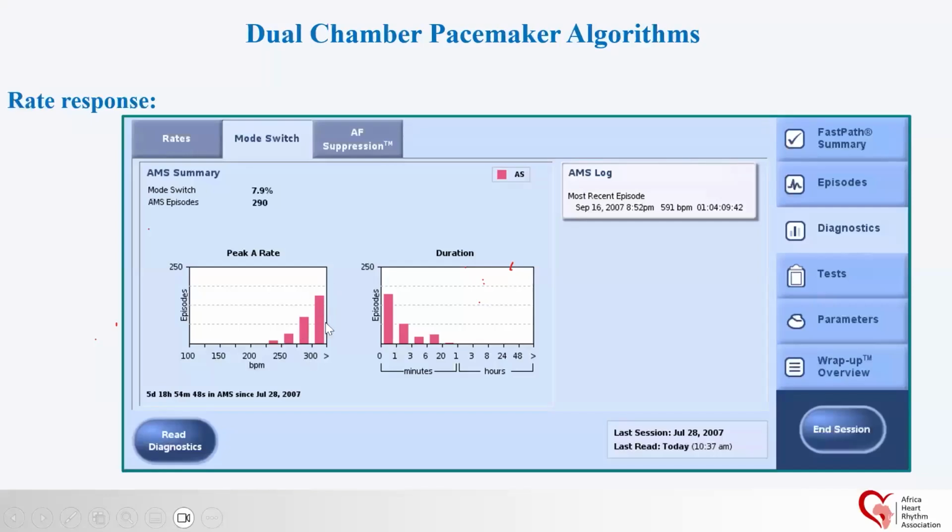So here it is a real atrial fibrillation. Here we have the duration between 0 and 1 minute, and here we have how many episodes in this time. We can check this diagnostics, especially in atrial rate, just to see if the patient already had an atrial fibrillation